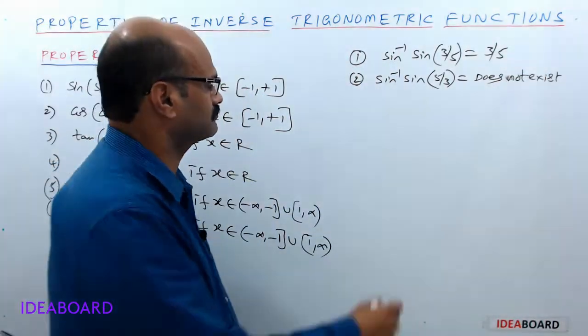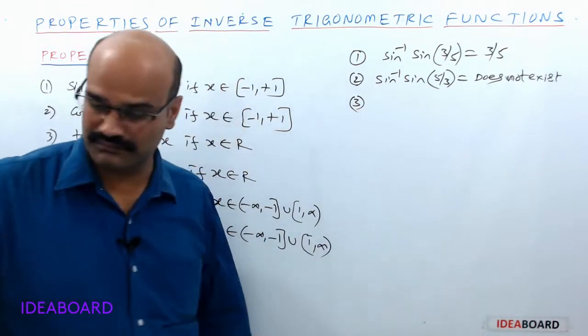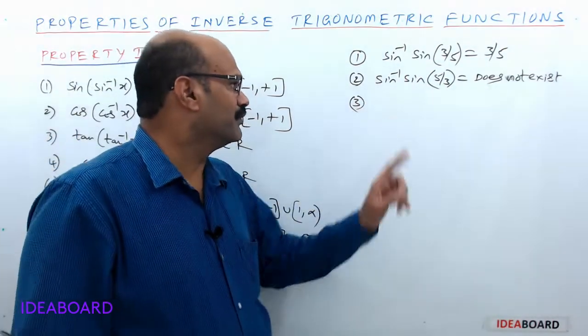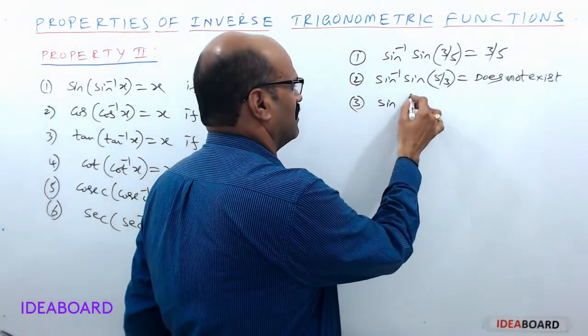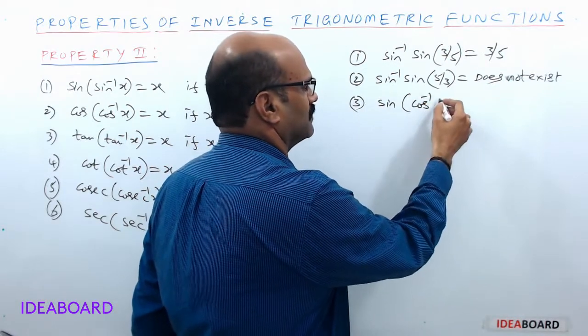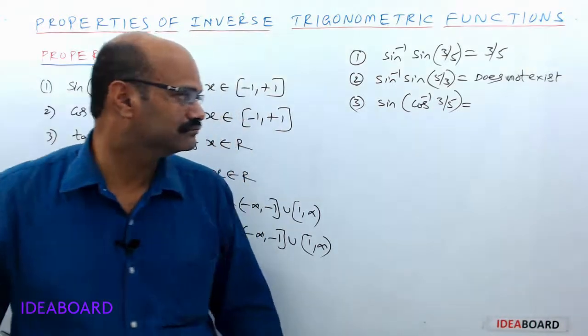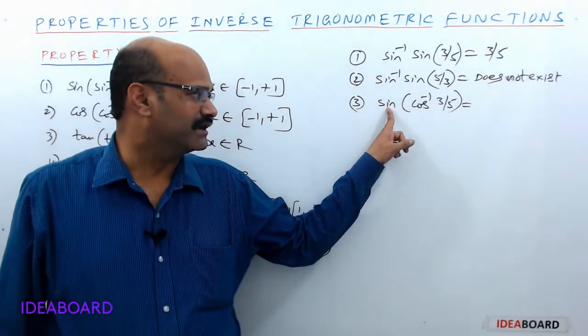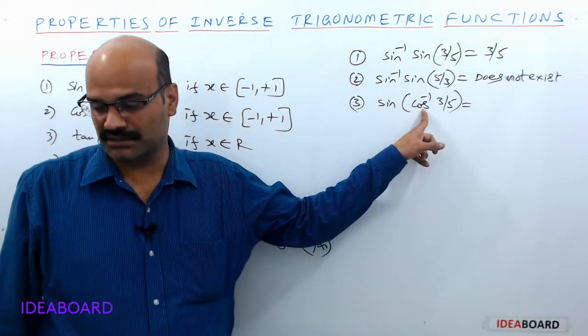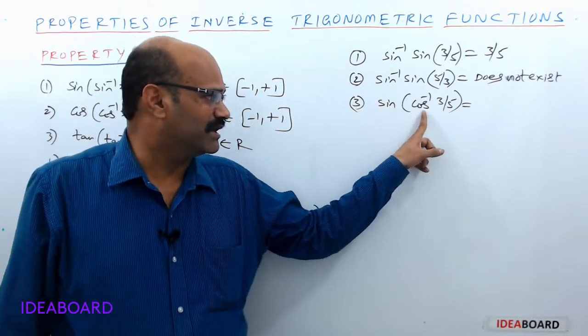Now, third one, we have sine of cos inverse of 3 by 5 equal to. Here we have sine, here we have cos inverse. So the formula is